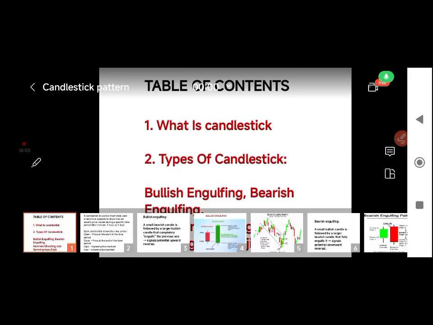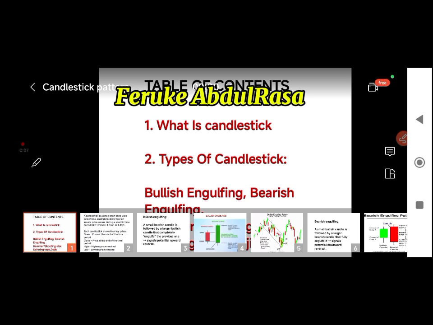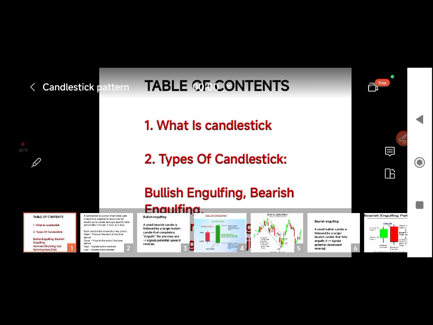My name is Ferhajdynamic. I'll be walking you through the types of candlestick we have, the major ones that we normally use in analyzing any stock chart, so that we can know where to enter the chart